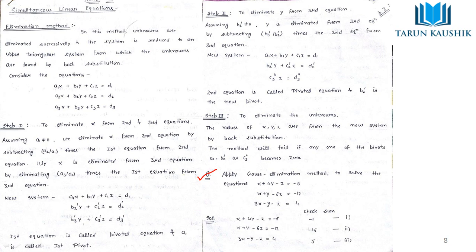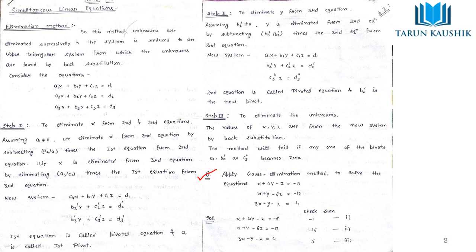We have the formula, and if we do theory, it doesn't mean we will not read the concept. We will just get the concept once, and then we can solve any type of question after having the knowledge of what the question is, what the concept is, and what the formula is. Okay, so if we do the question, then we will come to know the concept and the procedure of what Gauss elimination is.